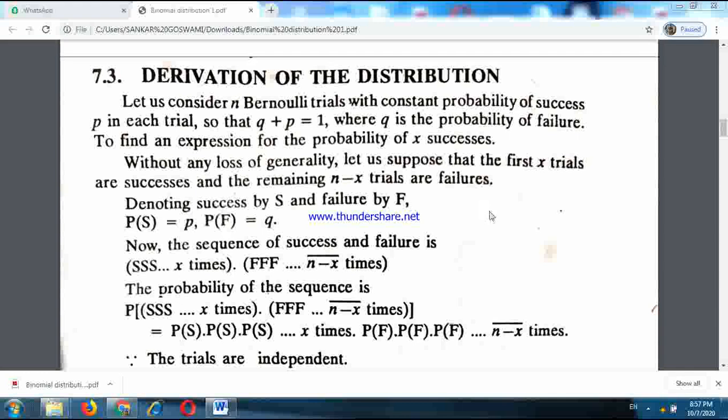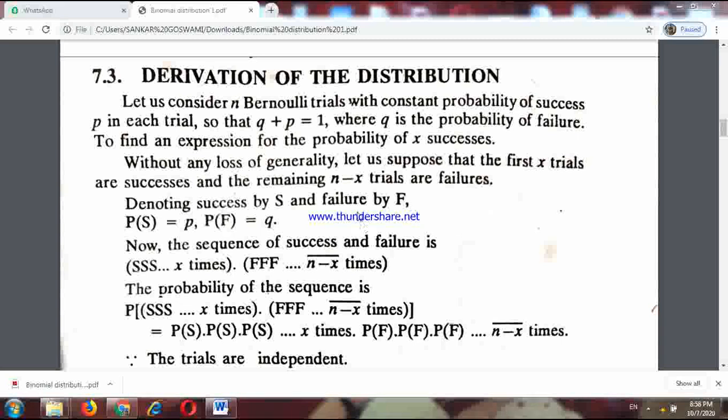Suppose that, now you see, we have n trials. You can take the example of the tosses, 10 tosses of a coin. And suppose I need to find the probability of, say, 6 heads in 10 tosses. You can take that way also. Fine. Now here you see, suppose